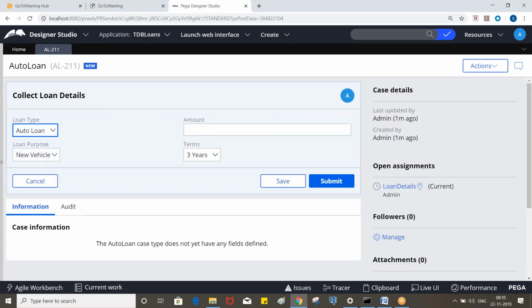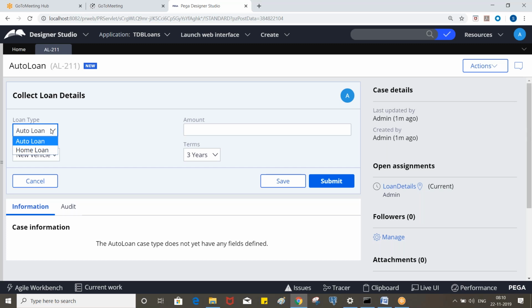So we executed the auto loan flow, right? Now in the drop down, we are getting both auto loan and home loan. When you execute auto loan, the home loan value should not be displayed in the drop down. So we need to default it to auto loan. When you execute home loan, it has to be defaulted to home loan.